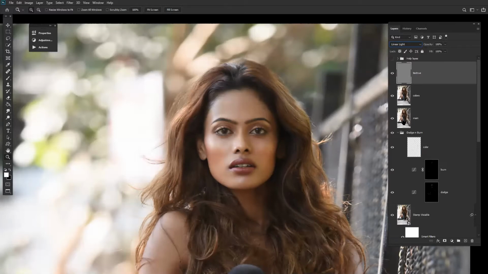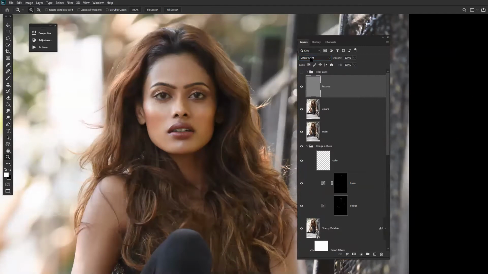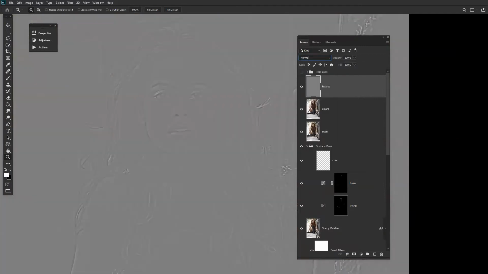So let me clear one thing for you. Why are we doing this linear light instead of others? First and foremost, if I keep it normal, you can see it's a normal gray color layer. It's enhancing the texture, but it's not bringing the colors back.